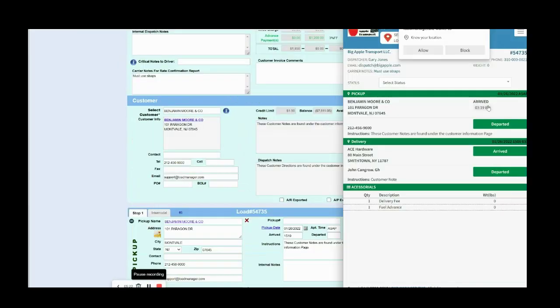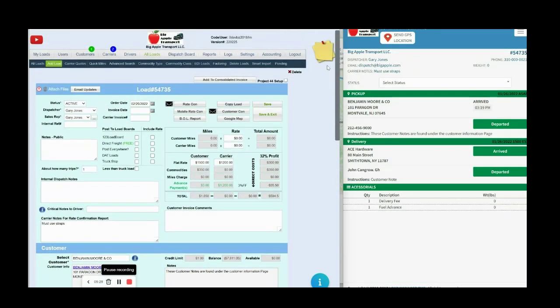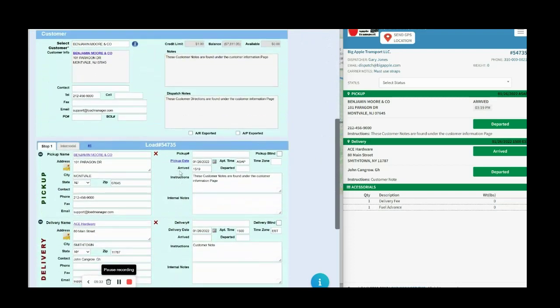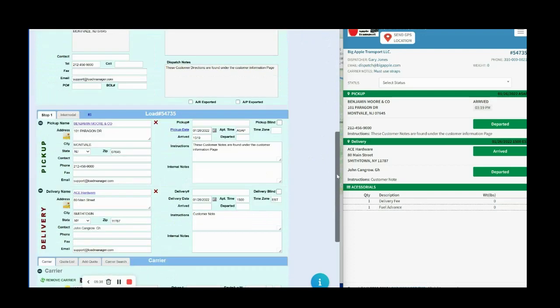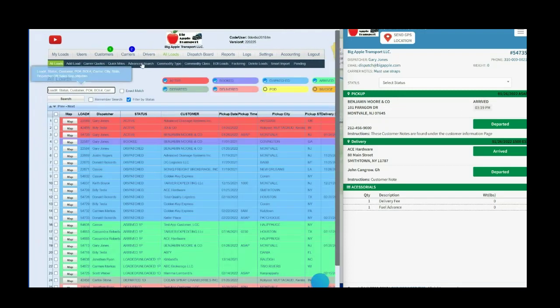Now he'll be able to click the arrived time. Once he's clicked the arrive time, the dispatcher, as seen on this screen, will see the time that he arrived, automatically put into his location. The system will also update the load to status arrived, letting the dispatcher know at a glance that the driver arrived. We are going to switch to the all load screen so that you can see what this looks like